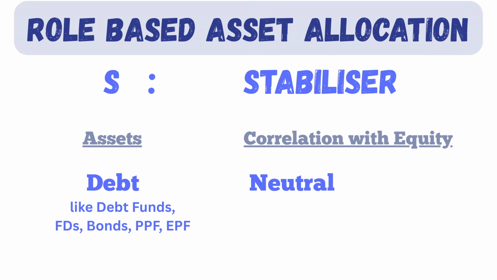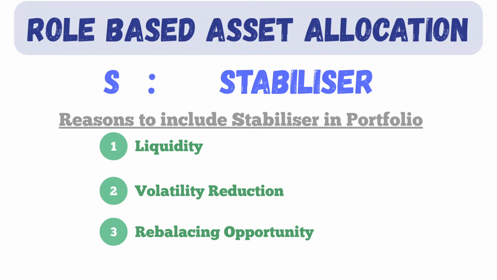Debt is not meant to be exciting. That's usually the point. Lower volatility assets can help you stay invested during turbulent market periods. So, investors could include the stabilizer bucket in their portfolio for either of these three reasons. First is liquidity buffer for meeting their financial needs without selling volatile assets when they are already down. Second is volatility reduction so that overall portfolio experiences less dramatic swings.